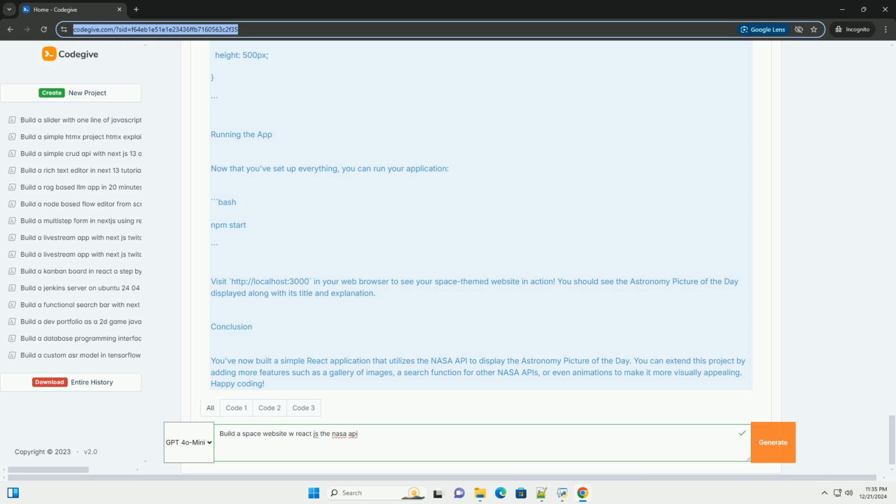CSS /* src/App.css */ body { font-family: Arial, sans-serif; background-color: #000; color: #FFF; text-align: center; } .nasa-image { margin: 20px; } img { max-width: 100%; height: auto; } h1 { margin: 20px 0; } iframe { width: 100%; height: 500px; }